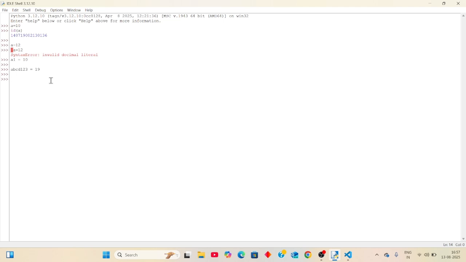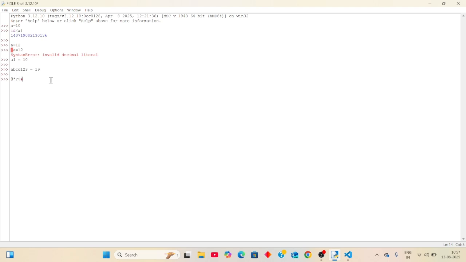The second rule: special characters are not allowed in identifiers. What are the special characters? In English, they are at the rate, star, question mark, dollar, something like that.